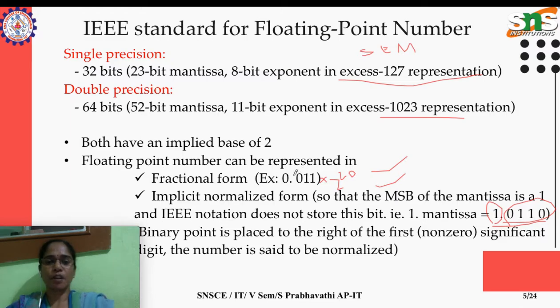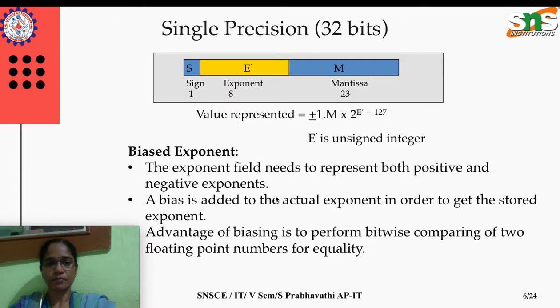Okay. In implicit normalized form the number is not very big or very small, so it's like a casual operation, and here we are going to concentrate on this implicit normalized form in both single precision and double precision formats. This is the representation in single precision. The whole size is 32 bits, represented by a 32-bit memory register, and it is divided into three components.